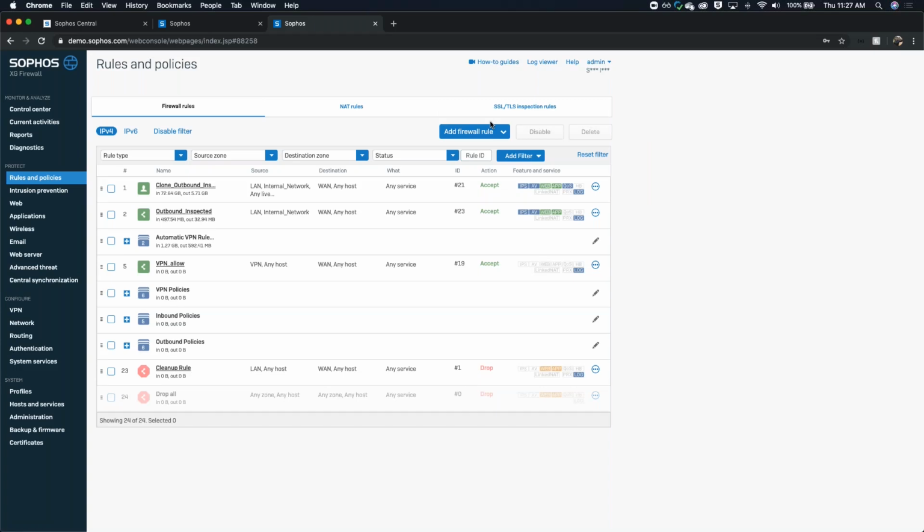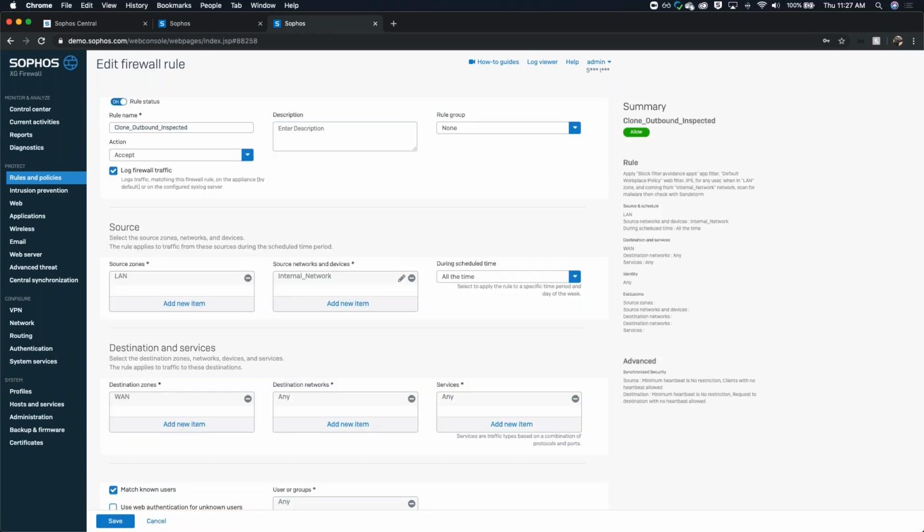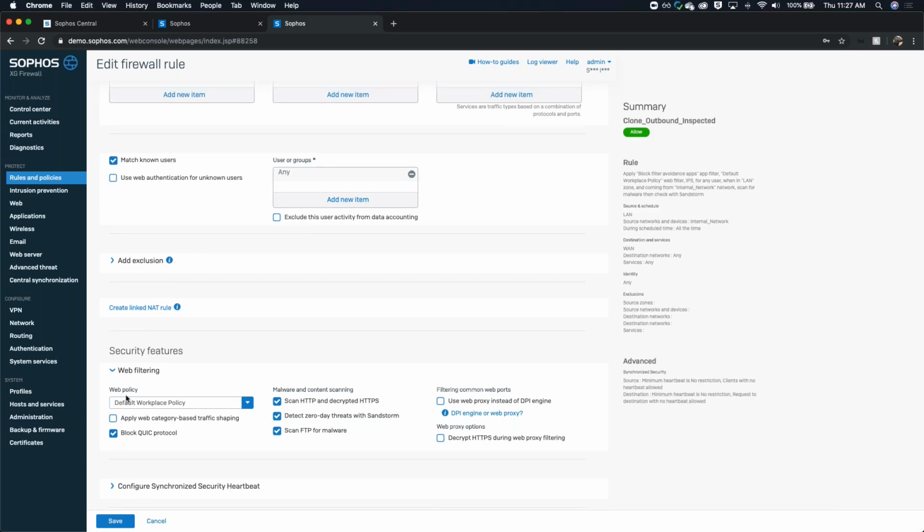Now, there is a slight bit of confusion in the community as to comparing with the existing web proxy. There are certain features which are available for the web proxy. Because it's terminating the connection, it can modify the connection, so things like safe search enforcement can be done through the web proxy. But how do you enable the DPI engine? How do you not use the web proxy? By unchecking these two boxes right on the firewall rule under